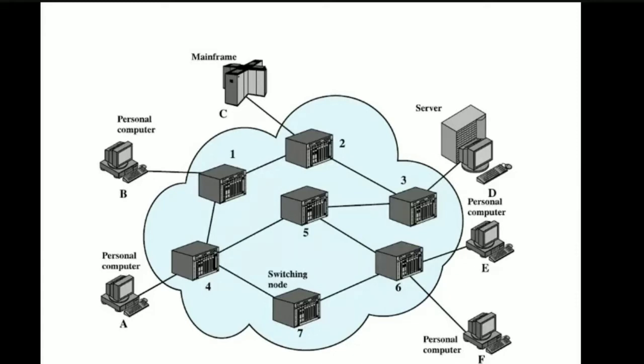Now what happens? The link from A to 4, we said, is a dedicated line. We already said that the station to node link is a dedicated line. So the link from station A to 4 is a dedicated line, as it already exists. Now what should node 4 do? Node 4 must find out the next hop, that is, to which switching node it has to connect so that it can reach the destination station E. Now node 4 identifies this.